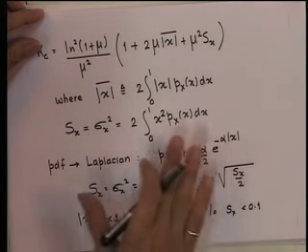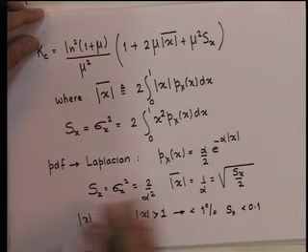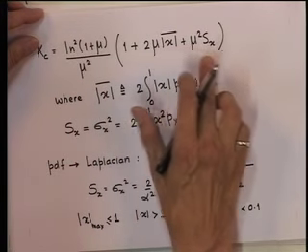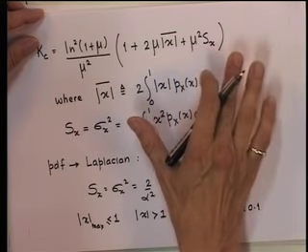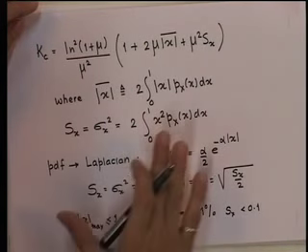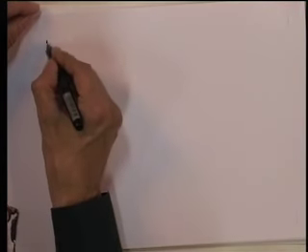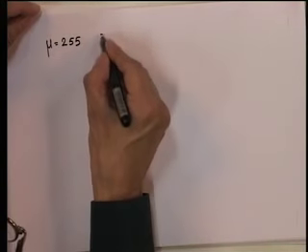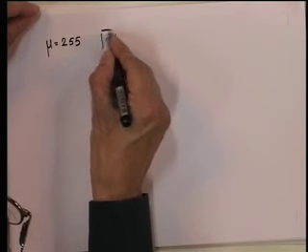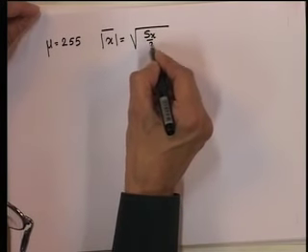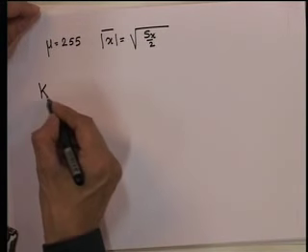Now, other voice PDF models yield about the same relationship between mod x and S x, which is the critical factor for evaluating K C. So, taking the standard value for mu equal to 255 and mod x average equal to square root of S x by 2 gives the value for K C